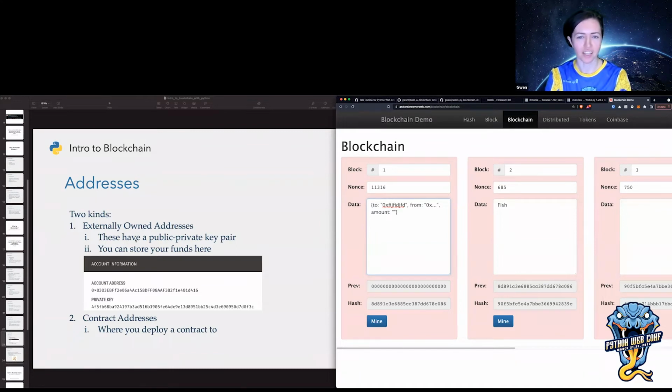You have your private key, you can have funds attached to this address, you can send transactions from this address, and all of those things. The other type of address is a contract address. This is where you've heard of things like smart contracts, or some gaming applications like CryptoKitties. Those are contracts that live on the blockchain.